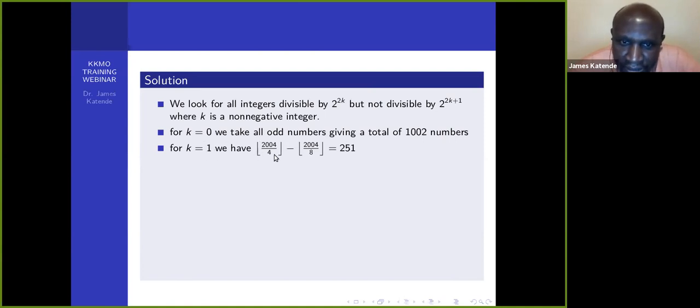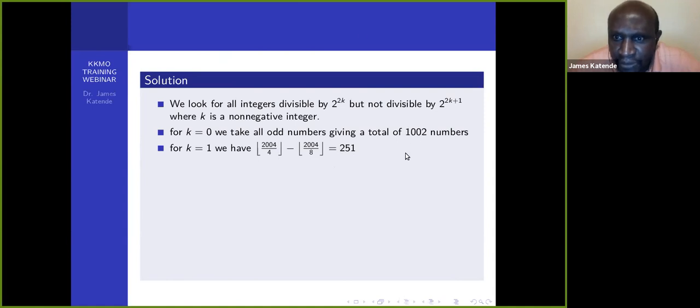And then you'll find all those numbers that are divisible by 4, multiples of 4, that are not divisible by 8. In this set, you'll have 251 numbers. This function here is the floor function. Let me just